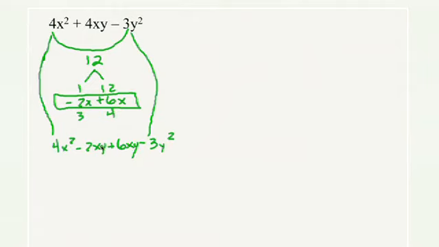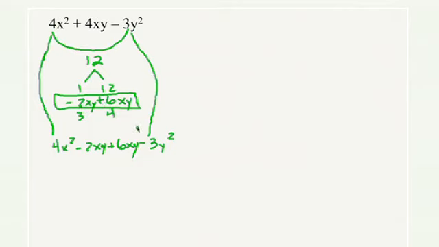Yeah, it's worth remembering that if the 4 has an xy, then the negative 2 and the 6 will have an xy too. Whatever's in that middle term, just carry it down. If it's an x, carry down an x. If it's a y, carry down a y. If it's an xy, carry down an xy. Just copy whatever you see in that middle term. Exactly. These two, before you rewrite them down here, you should really double check and make sure that when you combine them, you get the exact middle term.